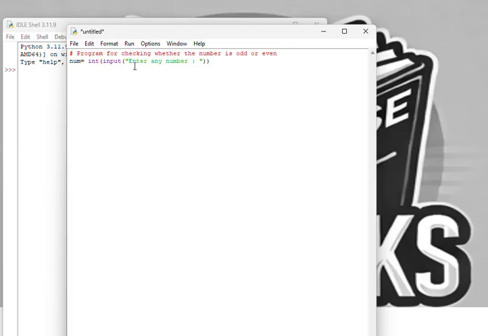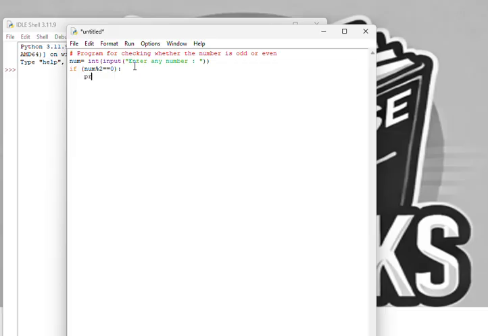After this, as we have to check, for checking we have the if statement. So if, what do we have to check? We have to check whether the remainder is 0 or not after dividing the number by 2. So for that we have num. Num is the identifier. To check the remainder, we have the modulus operator. We are dividing by 2 and checking that the remainder is 0. So when we are dividing the number by 2, and if the remainder is coming 0,